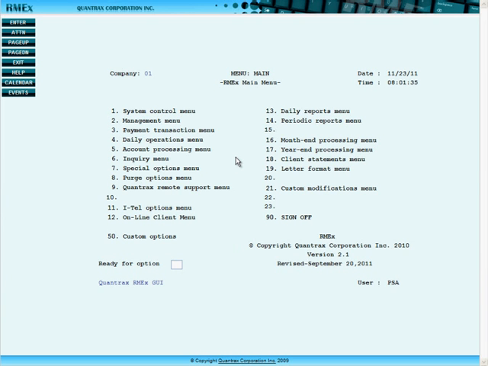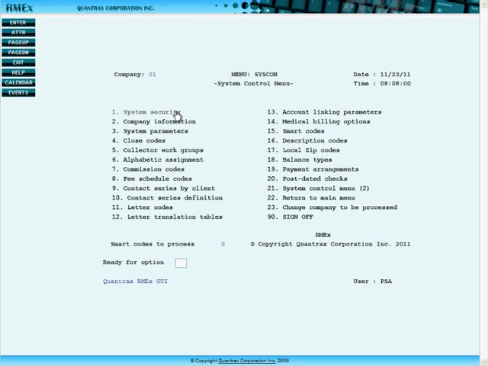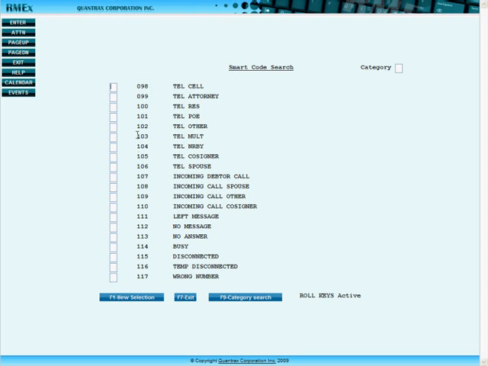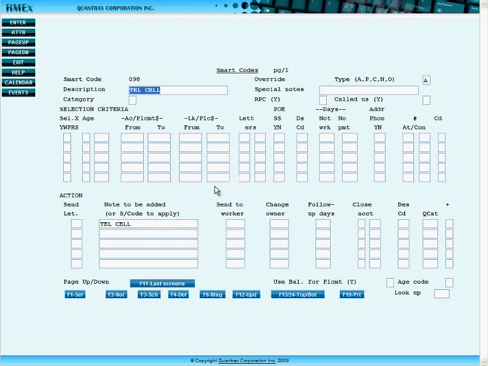Will I lose any of my current functionality? No, when navigating through the RMEx GUI, you will continue to have full use of your function keys with the added bonus of point and click. As you will see, the layout and the designs of the menus have not changed. You can either point and click, or you can use your function keys to access any and all screens and